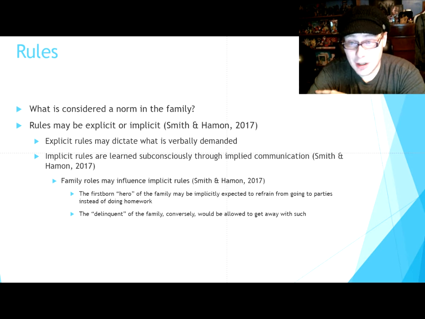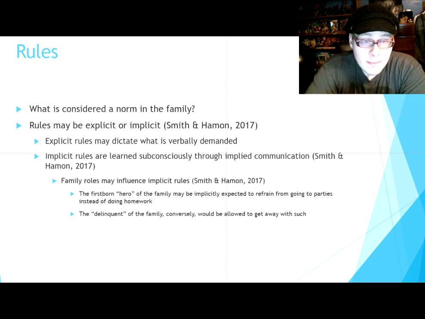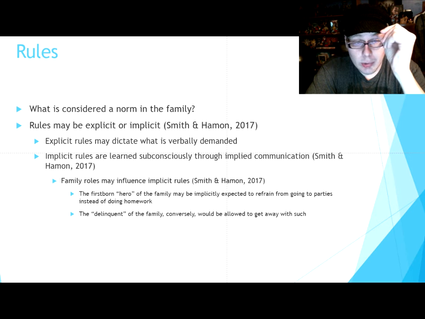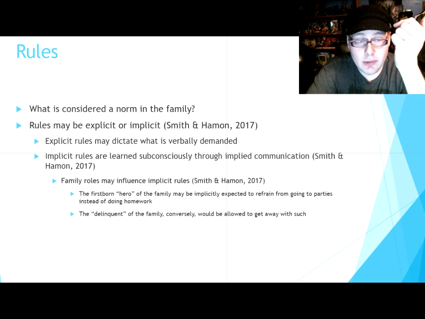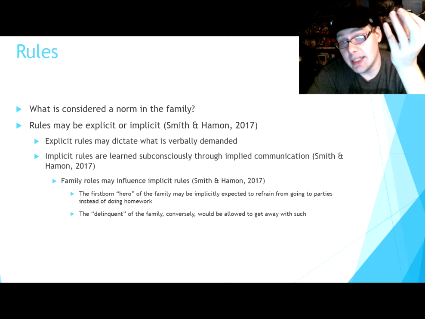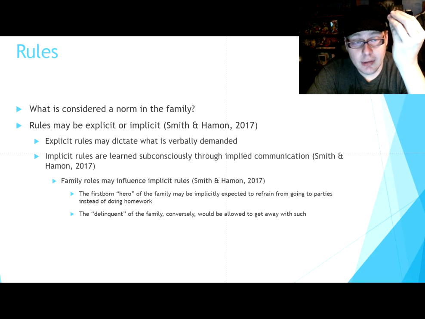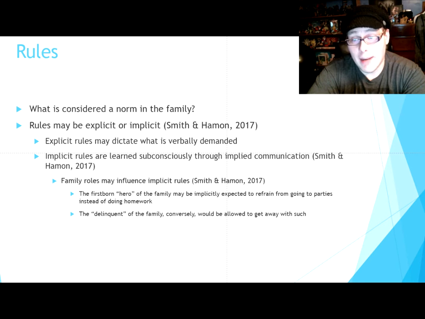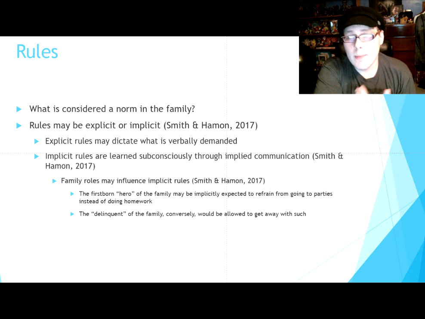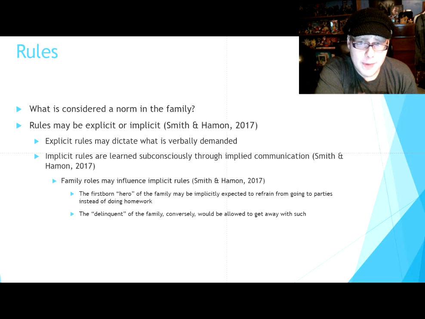On a larger scale in the economy. And then rules may be explicit or implicit, as aforementioned. Explicit rules may dictate what is verbally demanded, and implicit rules are learned subconsciously through implied communication, according to Smith and Hammond. Now, to provide an example on that implicit nature, depending upon the communication and the rules and hierarchy set in